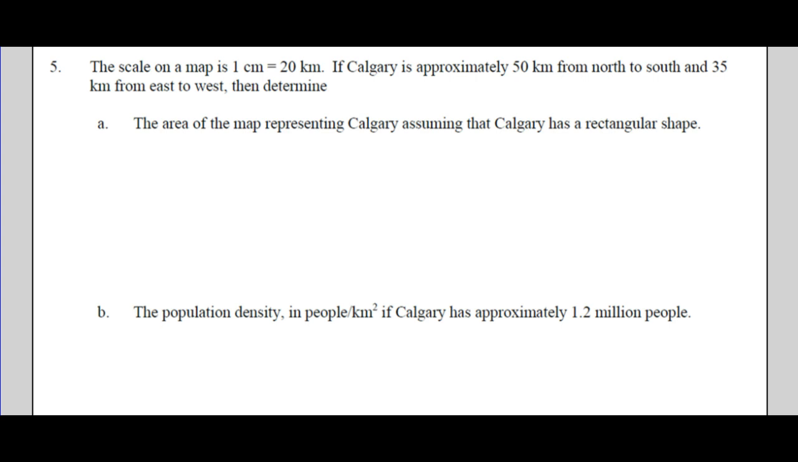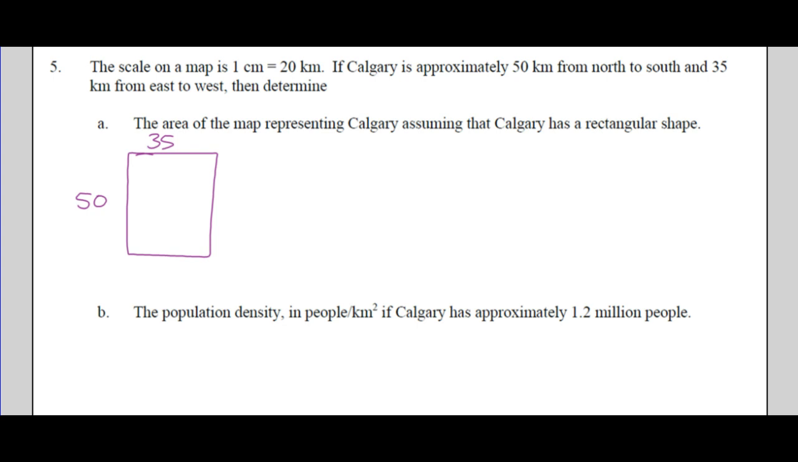Let's do this. Scale on a map is 1 centimeter is 20 kilometers. If Calgary is approximately 50 kilometers from north to south and 35 kilometers from east to west, then determine the area of the map representing Calgary, assuming Calgary is a rectangle. So we got this rectangle, and we say it's 50 kilometers this way and 35 kilometers that way. Okay? Now, on the map,